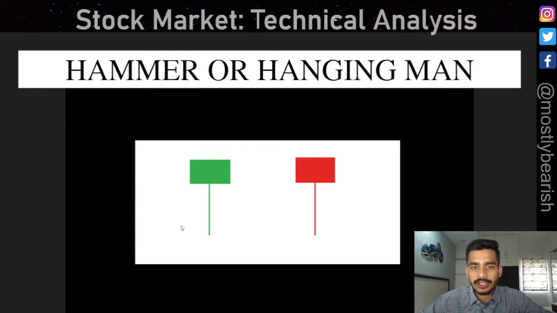Hanging man is opposite of this. When the prior trend is upwards and you see these candles formed on the top, that may indicate a reversal in price. That is when it is called hanging man. So the color may be different. It can be either green or red, but you need to see how the prices are reacting after that. So I hope this is clear. When you see these candles in a downtrend, it is called a hammer, which indicates that the prices may start moving up. If you see these candles in the uptrend, this indicates that the prices may start moving downwards.